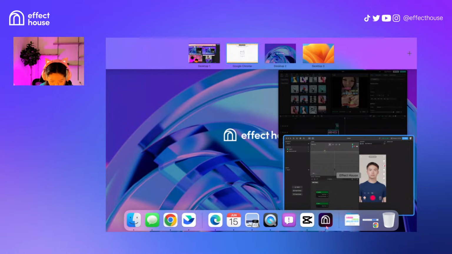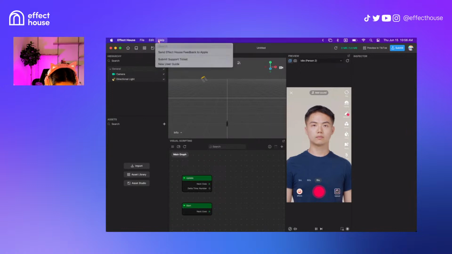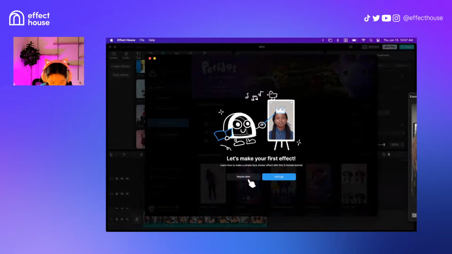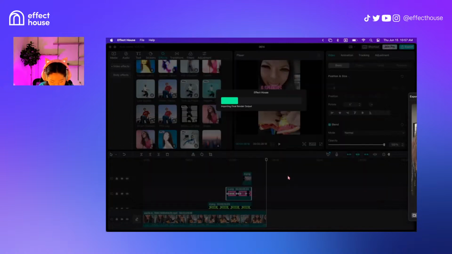So what you want to do is open up Effect House, and if you go to the top corner, there would be an option here. Under Help, you will be able to select New User Guide. If you click on it, it will ask you to discard your project, and then you will have this pop-up that says, let's make your first effect with this cute hand-drawn Archie emoji. I think this is totally adorable, and I feel like we need to have Archie merch available for everyone, but let's get started. So if you click on this,